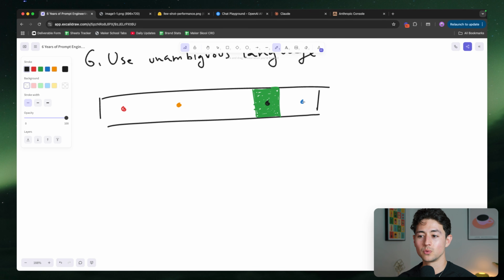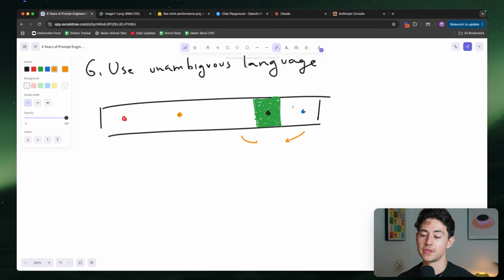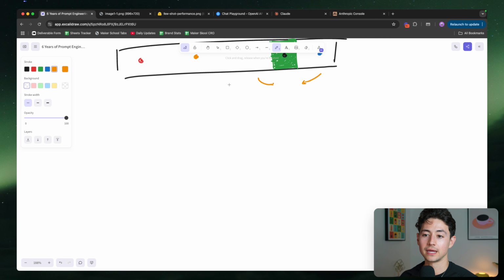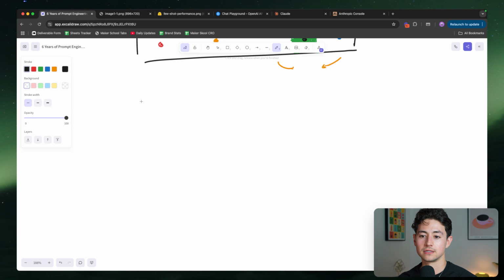What you want to do is minimize this as much as humanly possible, okay? You want to get all of these as close to that little green zone as humanly possible. And I'll show you a practical way to do this in just a few tips. But essentially, one of the simplest ways for you to do this is to be extraordinarily unambiguous with what you want, okay? So to make this practical,